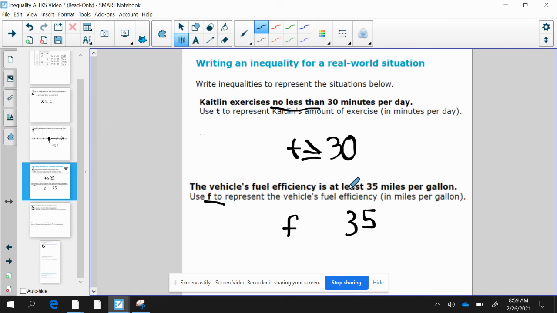If you have to have at least 35, then you would have 35 or more miles per gallon if you have at least. If that's a little confusing, that's understandable. What I want you to do is plug in your own example. I like to use